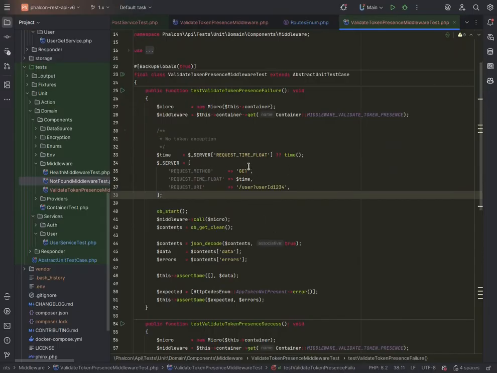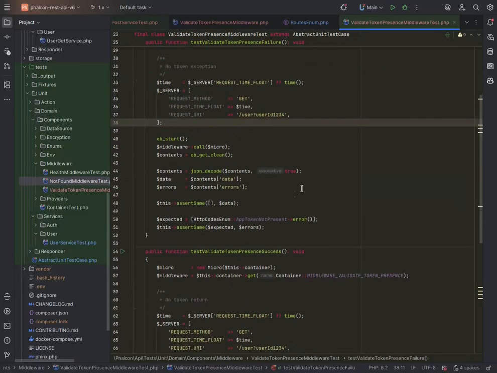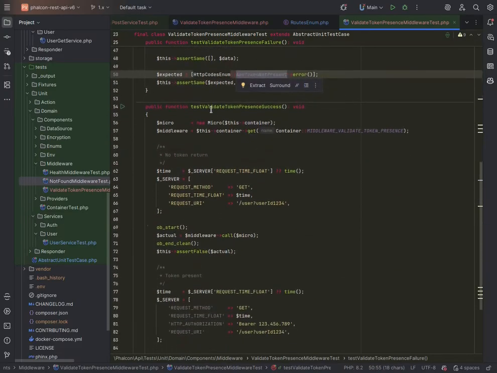For now, I'm not worried about this. All I'm worried about is, if I don't have a token, will I get something? Will I get an app token not present? And this is my payload. What am I checking? Now, if I do have a token,